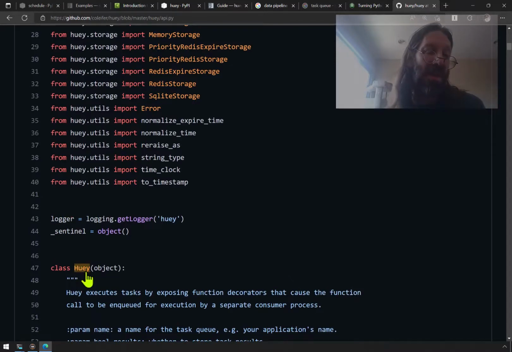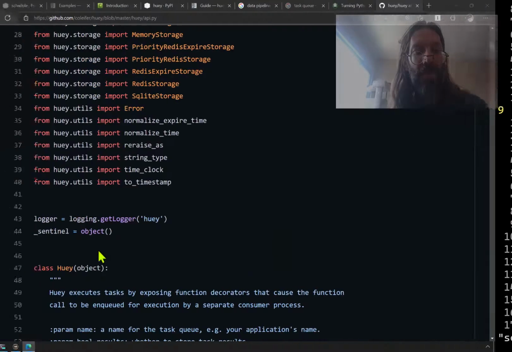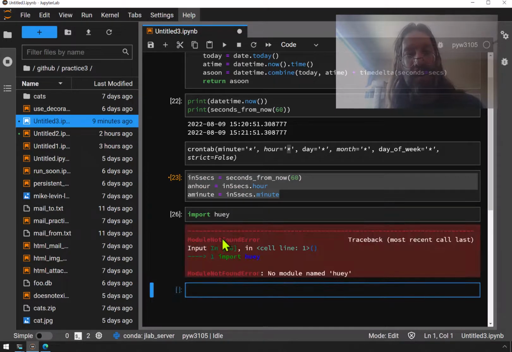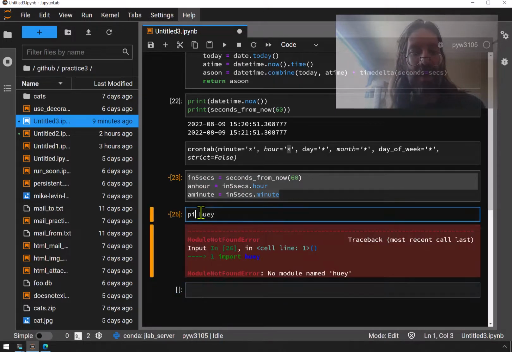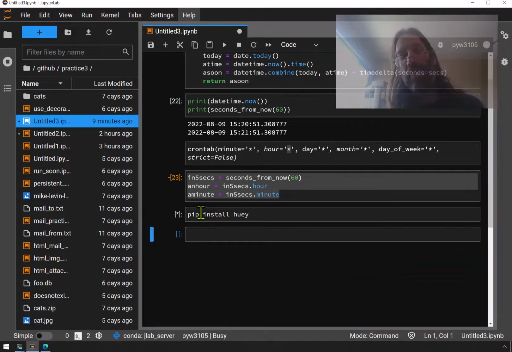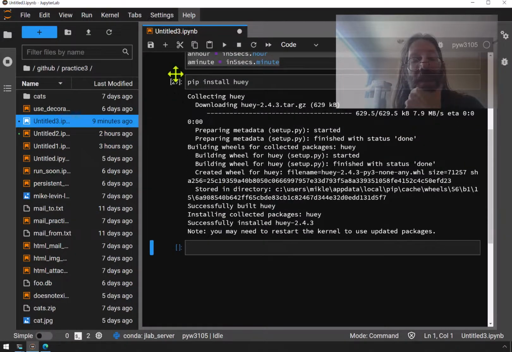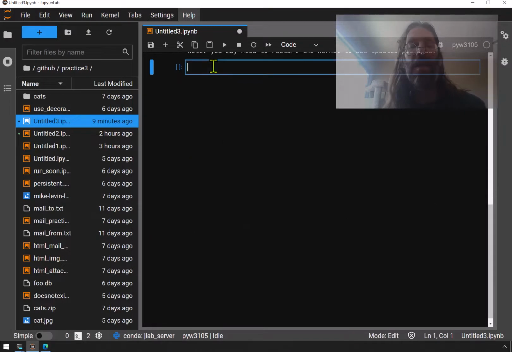So it's going to be one of these huey.Huey from huey. And it's an uppercase H there. I'm going to try it. Again, remember we keep this over here for such reasons. So import huey. I'm going to see if I have it. I don't, so I can just pip install huey, which you can do in Jupyter with just pip on a line by itself. It has to be actually programmed in order to support that. That's a thing that the Jupyter people did because it's very non-standard feeling. So now we can import huey,